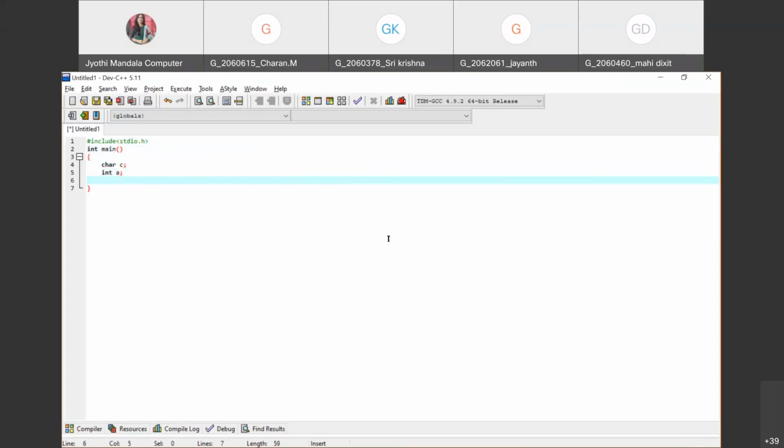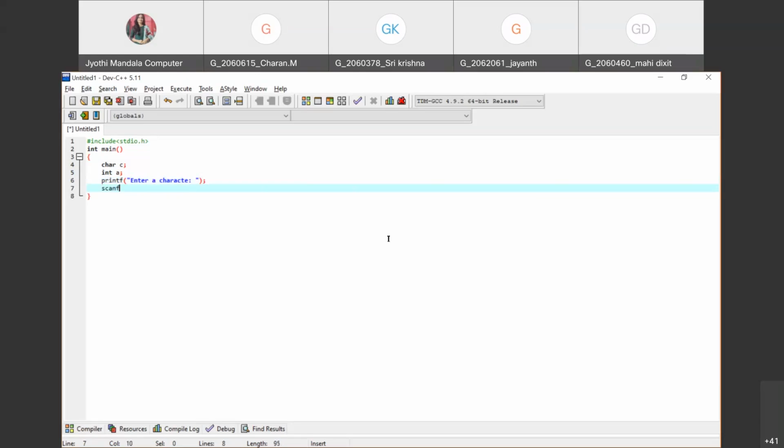Okay, so first I want to ask the user to enter a character. Whenever this prompt is displayed, the user will be giving an input, so I want to read that in the character variable called C. The format specifier will be %c and I will be storing that in our variable called C. Right.